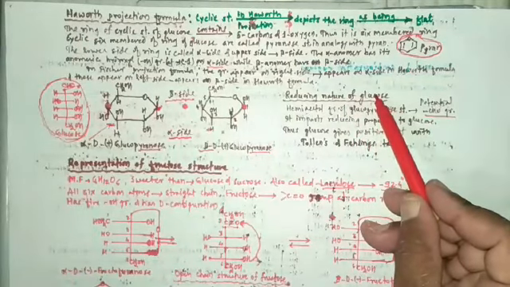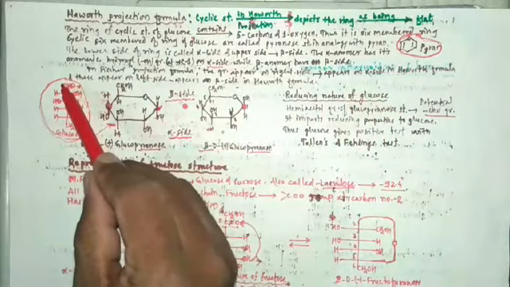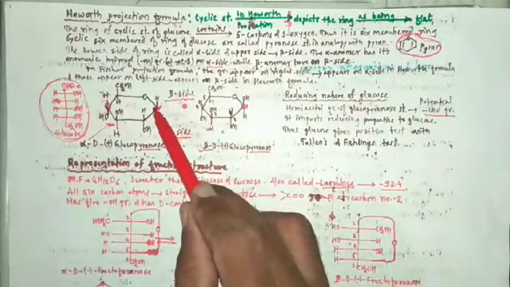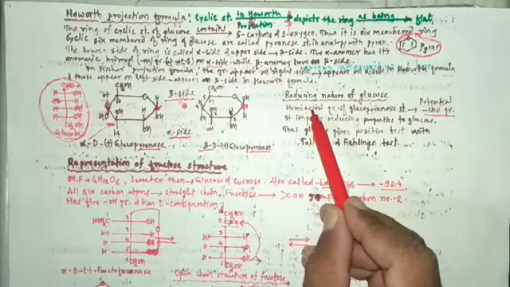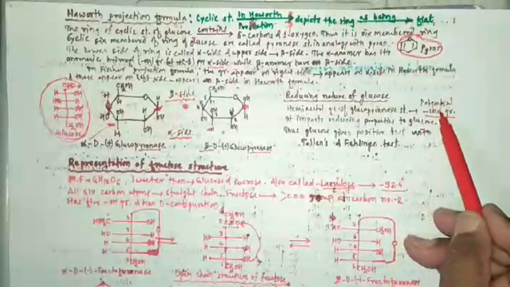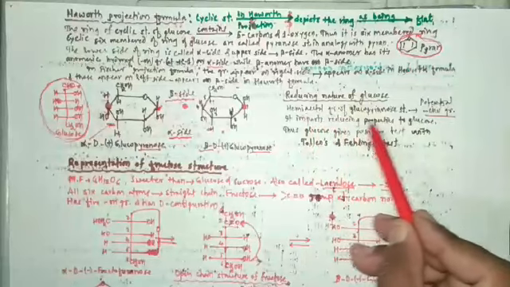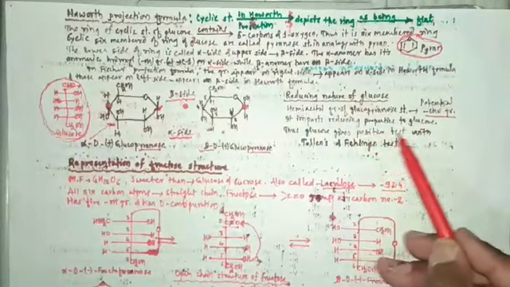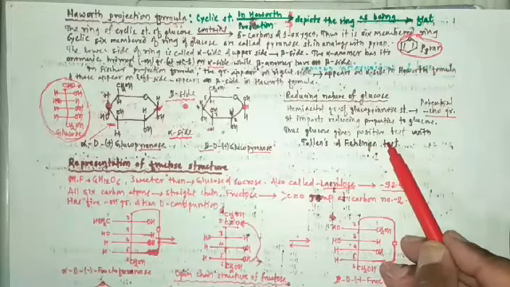So in glucose, in the open chain structural formula, there is a CHO. But here in the cyclic form, this CHO group is converted into hemiacetal form. But still this hemiacetal group of the glucopyranose structure has a potential CHO group. It can convert into the CHO group. Therefore, it imparts reducing properties to glucose, and that's why glucose can give a positive test with Tollens reagent and Fehling's reagent.